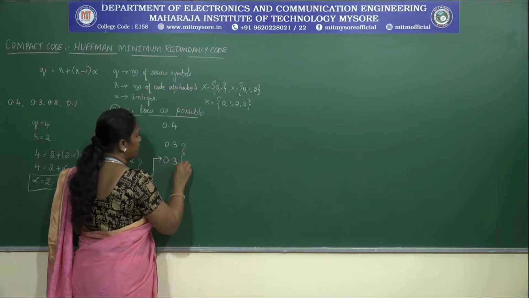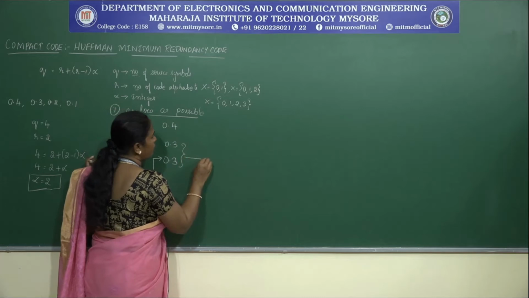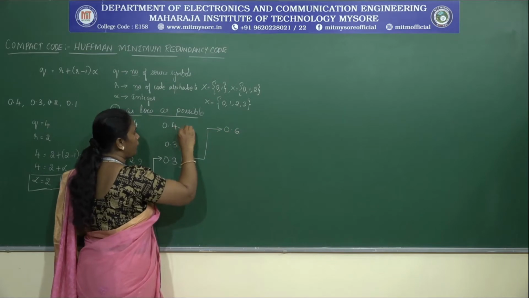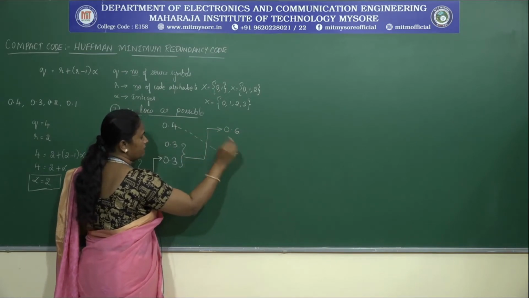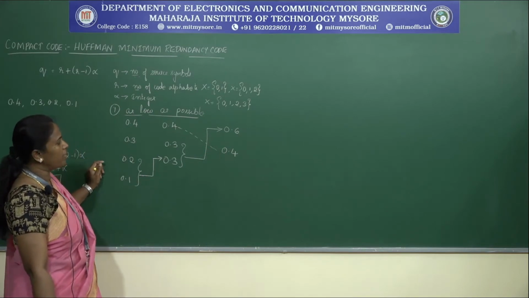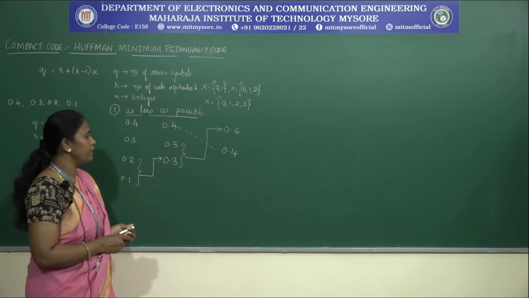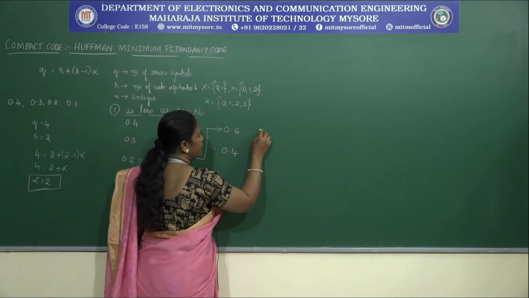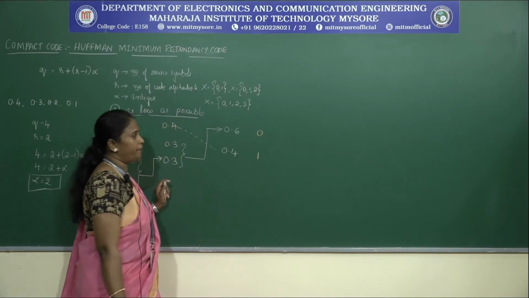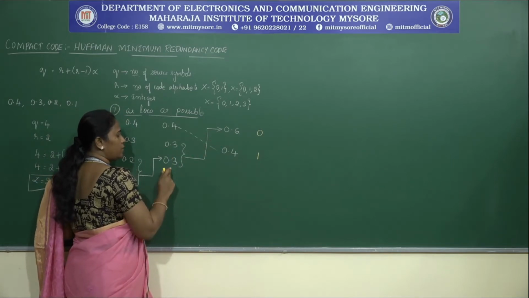Next we are going to combine these two. We have 0.6. Since 0.6 is greater than 0.4, we will place it up. So it is 0.6, and then we have 0.4 which we place here. This is how we perform the Huffman encoding, where we get only two probabilities at the last. When we get the two probabilities at the last, we assign a value: 0.6 will be assigned 0 and 0.4 will be assigned 1. Now, we got 0.6 by combining these two probabilities.